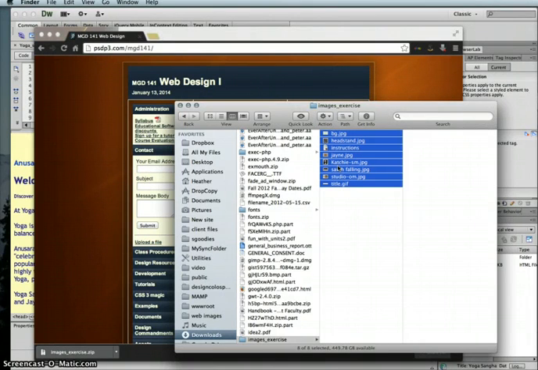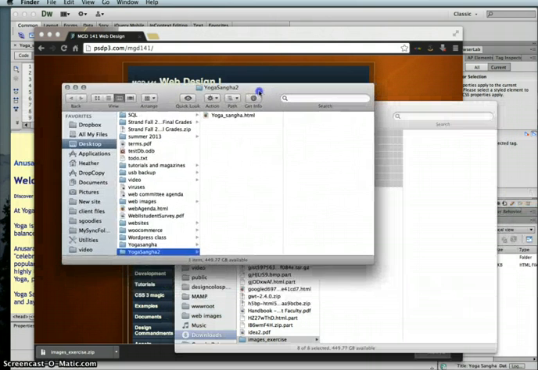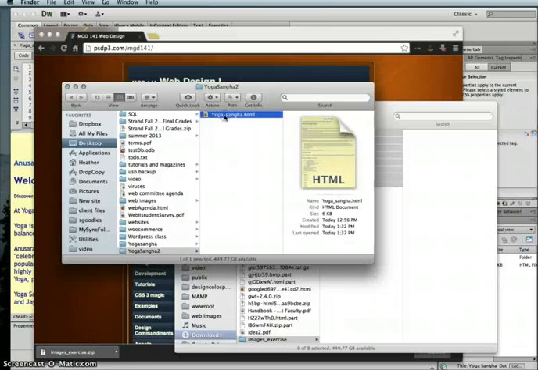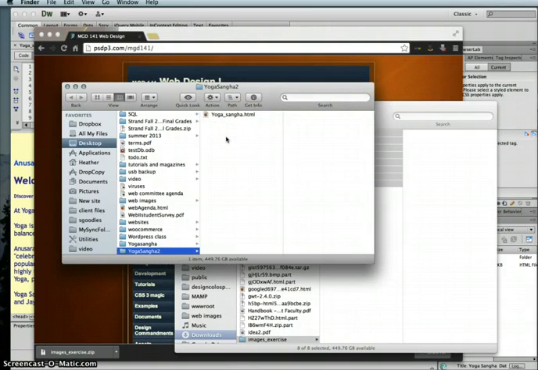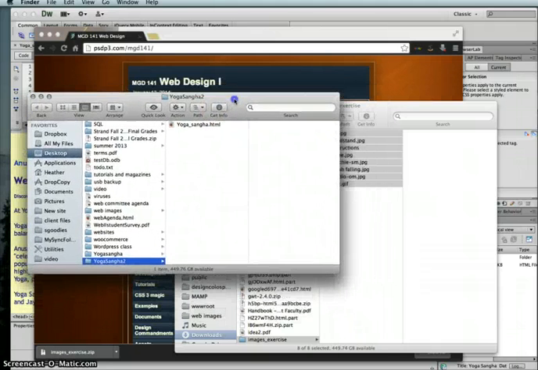One thing I did not do in the prior exercise, and what I'm going to do is open up my Yoga Sangha website here. Right now, I only have a yoga_sangha.html, but in the prior exercise, it did say to create a new images folder. Now, we didn't need that before, but I do need it now. So I'm going to go ahead and create that new folder, and I'm just going to call it images, because